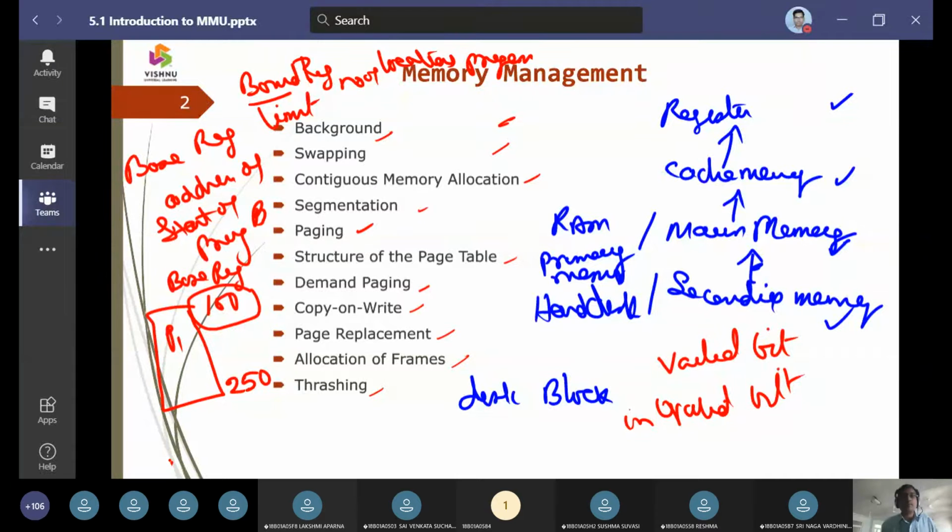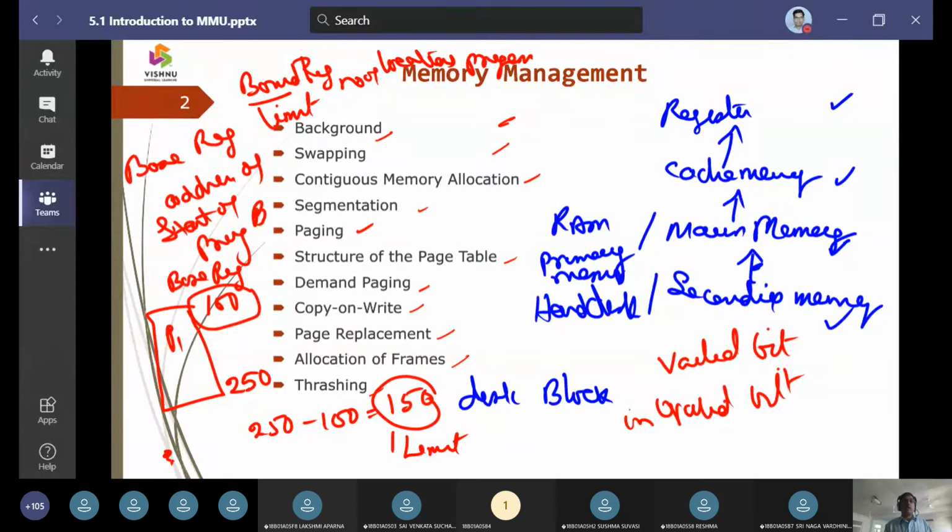Then 250 minus 100 gives us 150, and this 150 is going to be stored in the limit register.